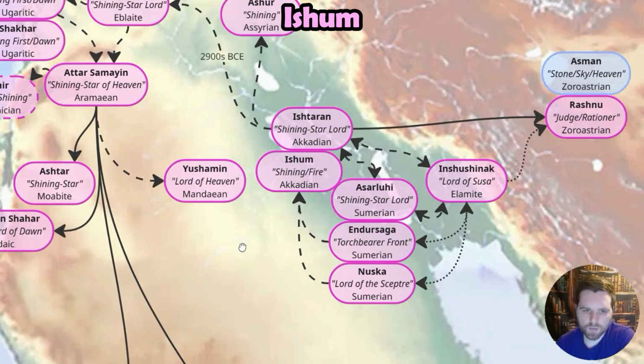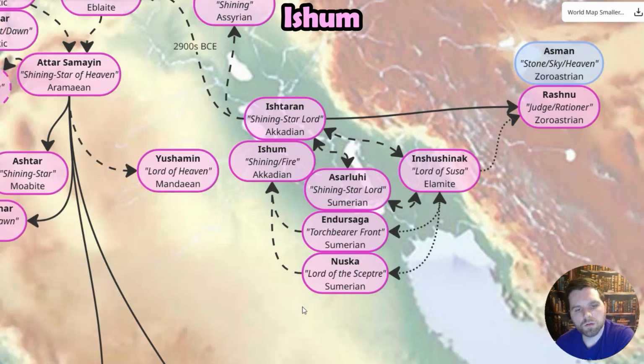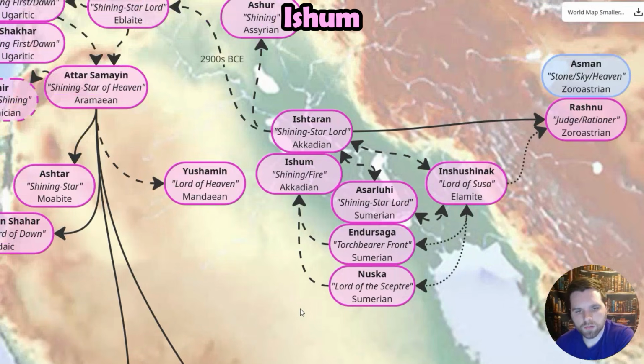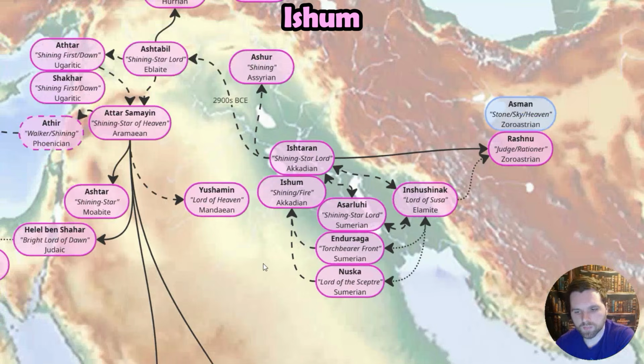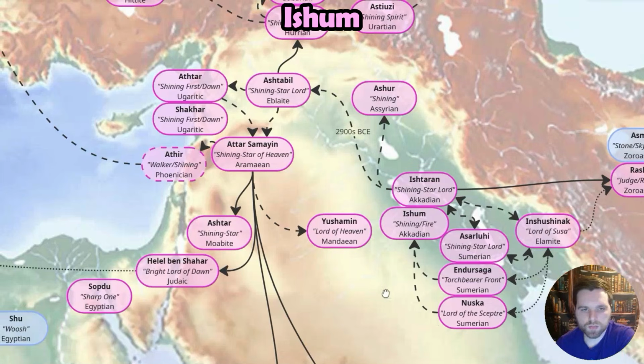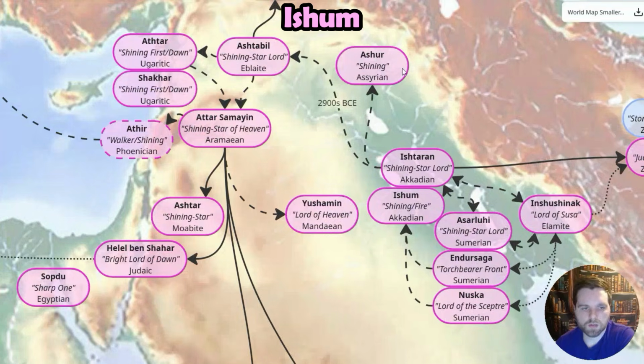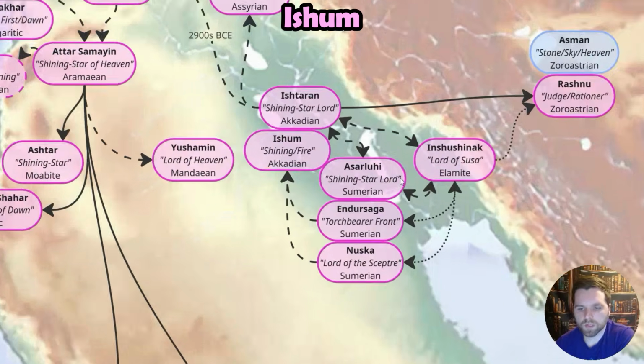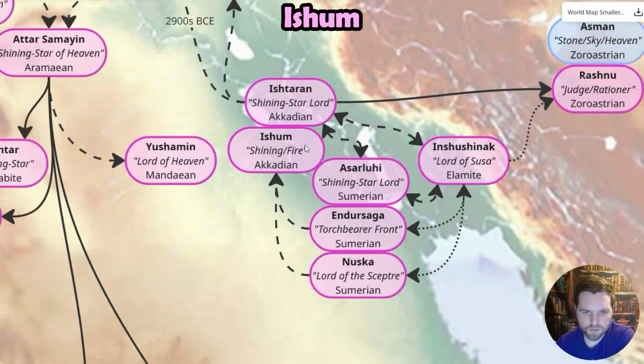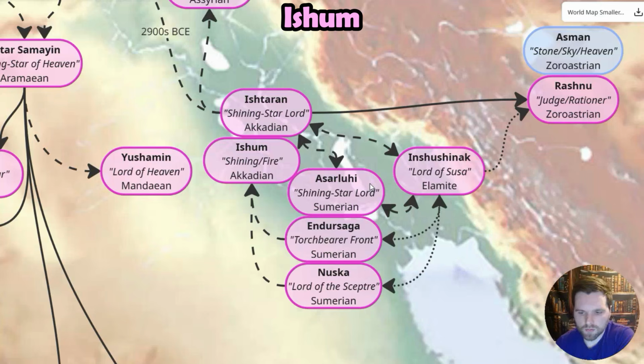So moving back down into Lower Sumer may be where this deity originated from. Like, what's the possible oldest form? If we're just ignoring the ancient Venus god or goddess or deity that was probably common to all, and we're looking at specific characteristics, then this is where maybe those would have come from. There was essentially a triangle of confusion here between Ishtaran, Inshushinak, and Asarluhi.